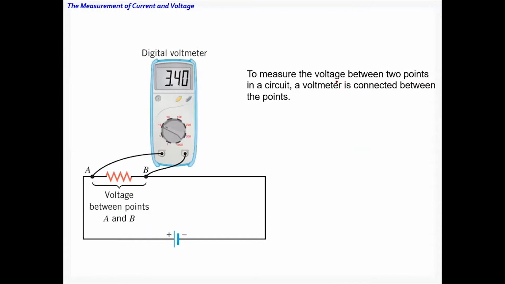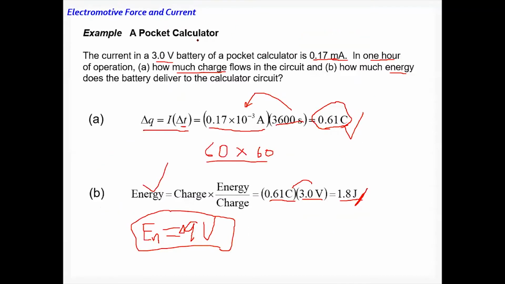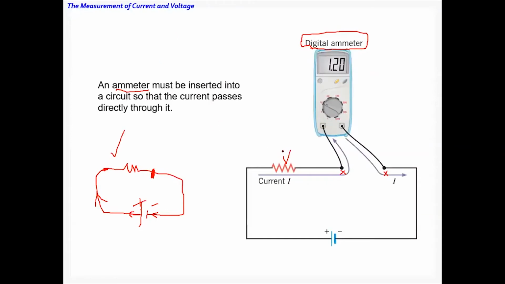Now, how about the voltage? Remember, we had the current and voltage. See, in this problem also we have the voltage here, and you have the current here. We know how to measure the current because you have to break the circuit and put the ammeter there. Now, how do you measure the voltage? To measure the voltage, let's say, if you want to measure the voltage across this resistor, meaning between this point and that point.